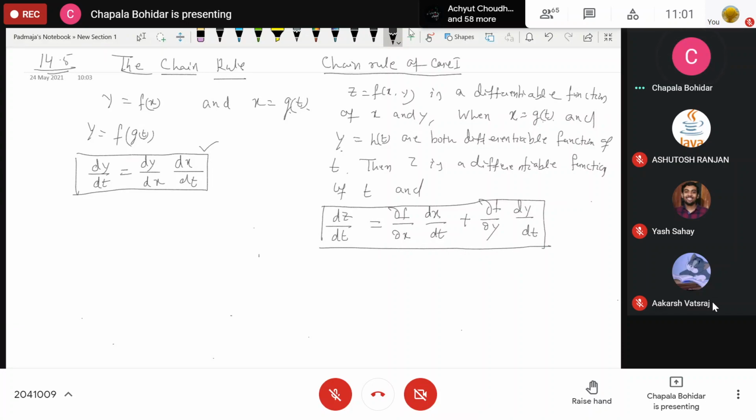Example. If z is equal to x square y plus 3xy4, where x is equal to sine 2t, y is equal to cos t, find